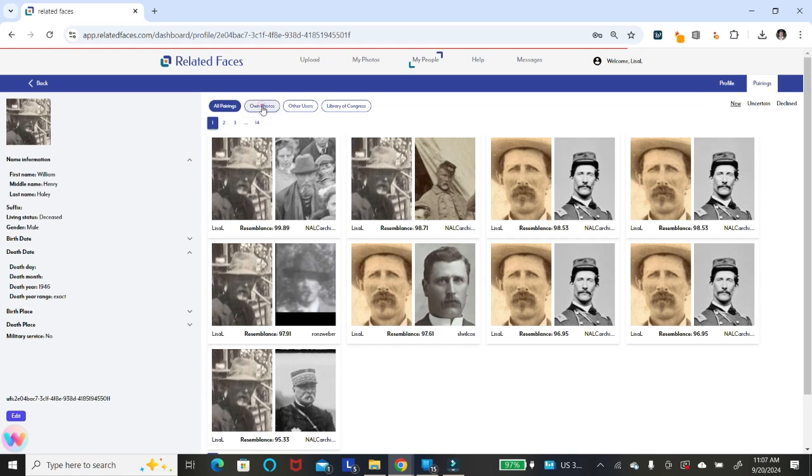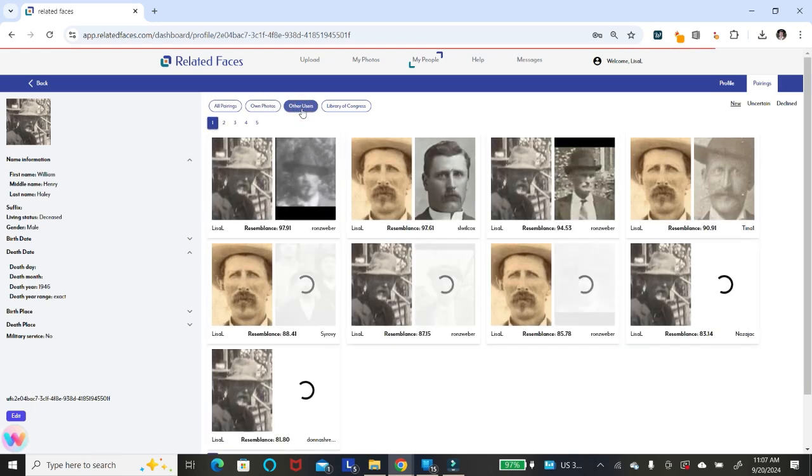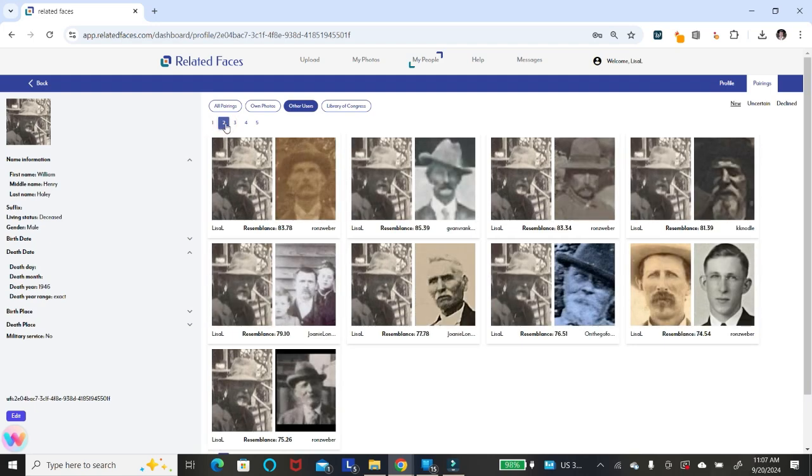So I can look, does this photograph match others in my tree, and if there are other users that I could potentially match. So these are actually other users in the Related Faces database that he would potentially match. And to be honest, while they are suggesting ones, it's not really great. I'm not necessarily seeing any that I actually think truly do match him, but there are 5 pages. So I would actually go through each of these to check and make sure